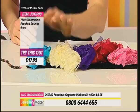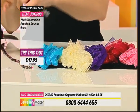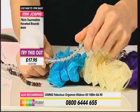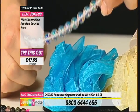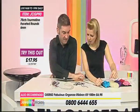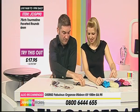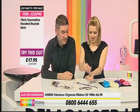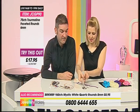I love the colours. See, the Mystic will go with any colour. Yeah, you're right. And it transforms it, doesn't it? Oh, now that looks nice, doesn't it? So what are you thinking? Well, pearls and tourmaline. Pearls and tourmaline, that's what I thought. Right. And then the 3 of those. Yeah, they're gorgeous. And then this with the quilt, with the Mystic, because the colours just transform. You put the purples behind, it's just...